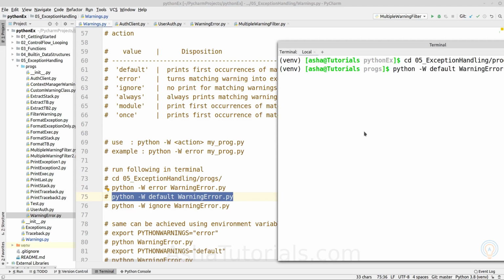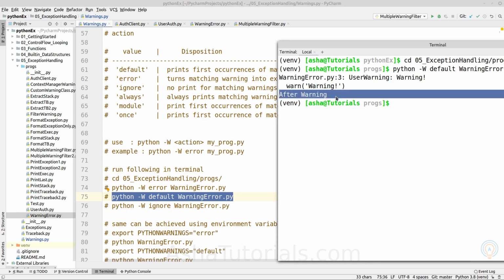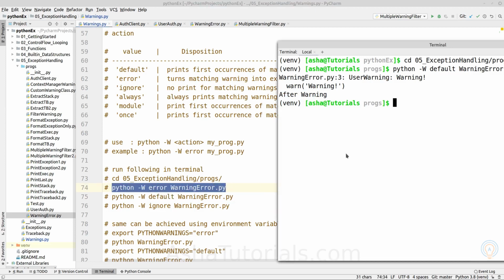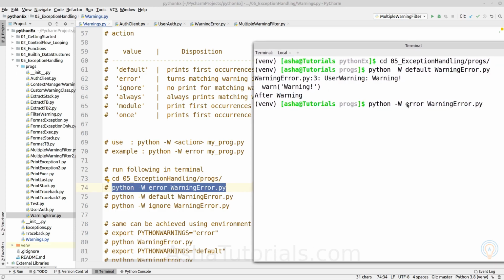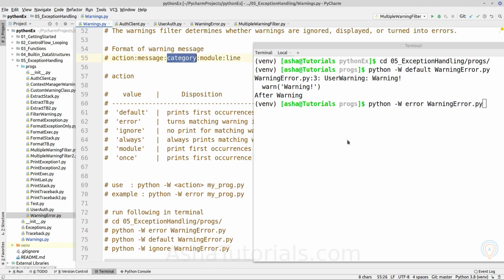with the default action. What the default action will do is print the warning message for the first time only. Here, as we can see, it is printing the warning message, and the print statement after the warning is executed. Next is error. This will convert the given warning, which is by default user warning because we haven't provided a category here, so it will convert user warning and its subclasses into an exception.